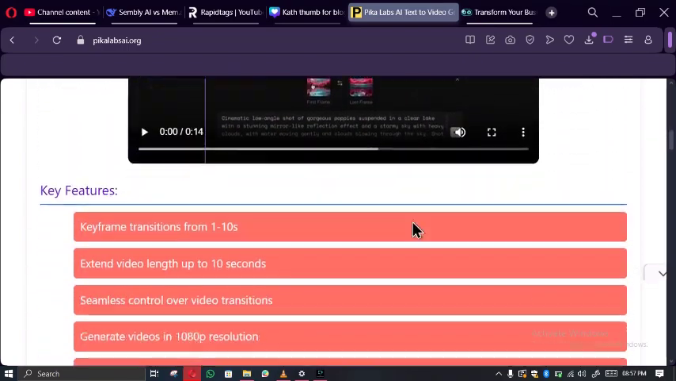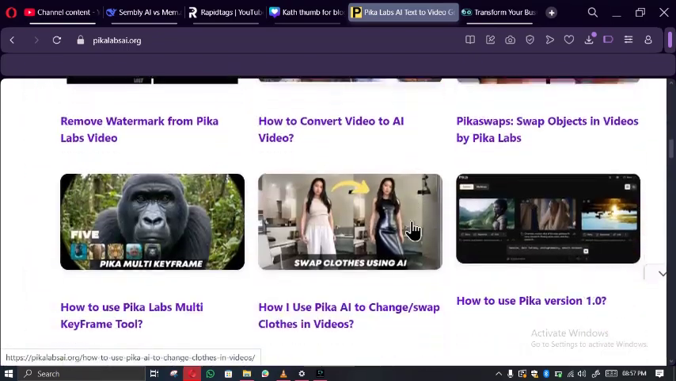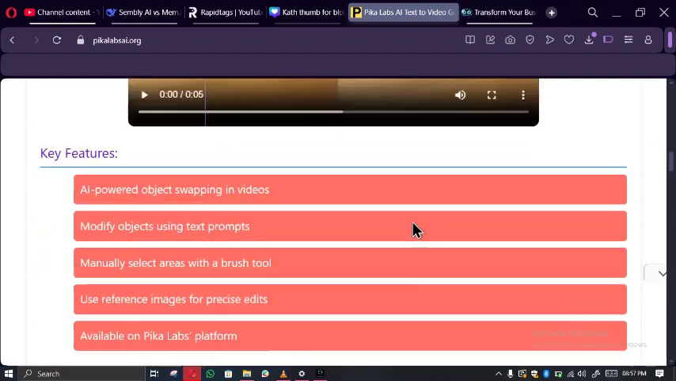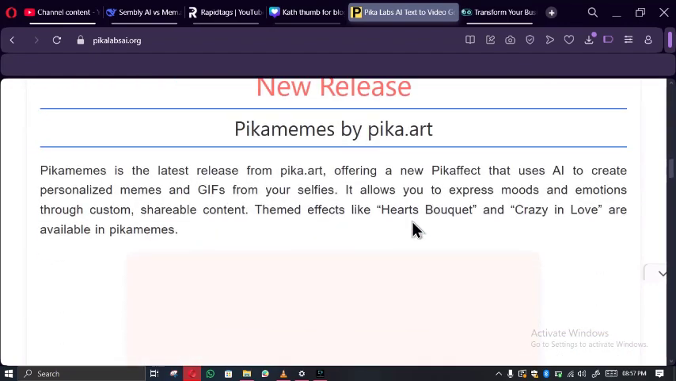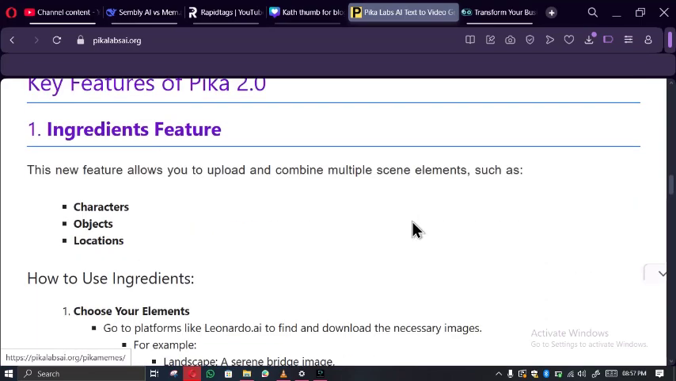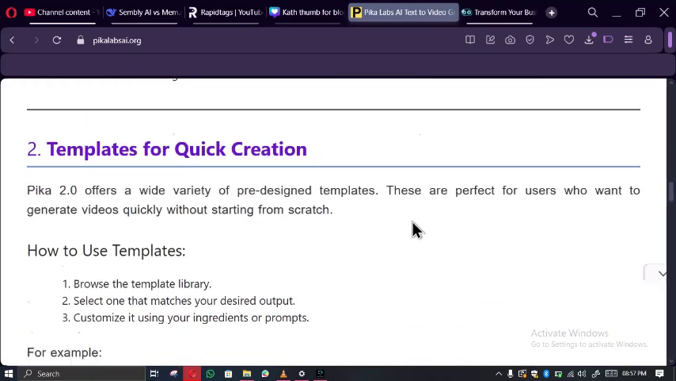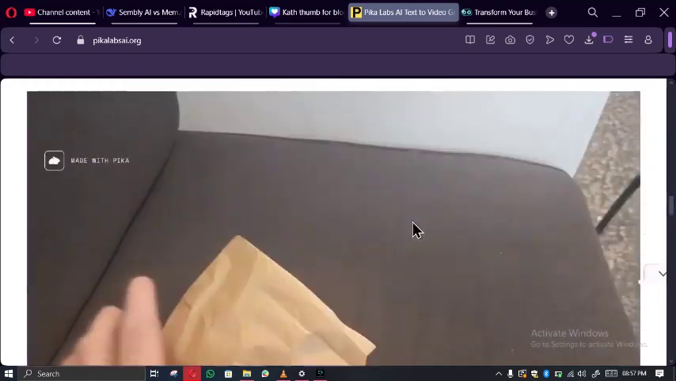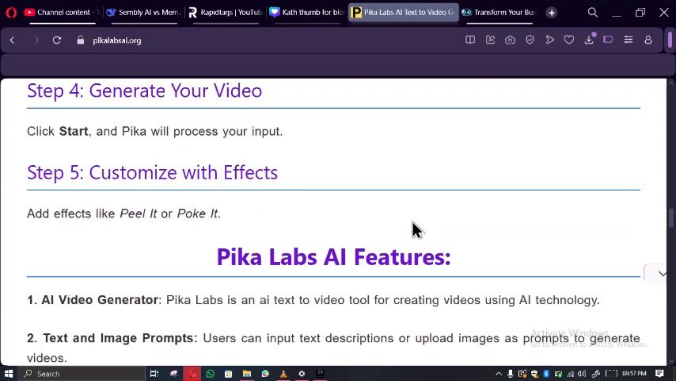When it comes to ease of use, Sora has a steeper learning curve. It's like pro level, while Pika Labs is super simple and beginner friendly. Definitely Pika Labs wins. When it comes to pricing, Sora is closed, and likely you're going to have to pay for that,